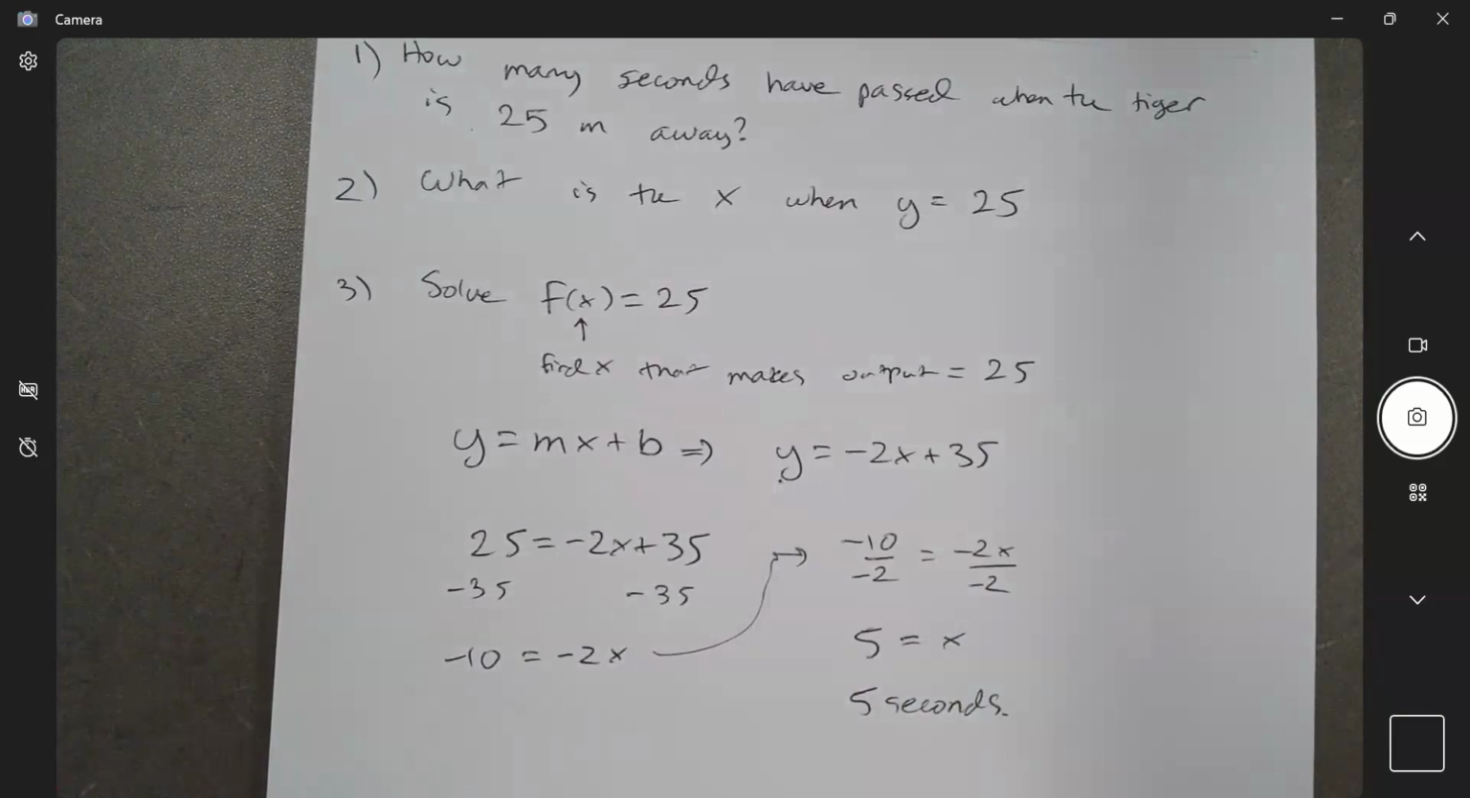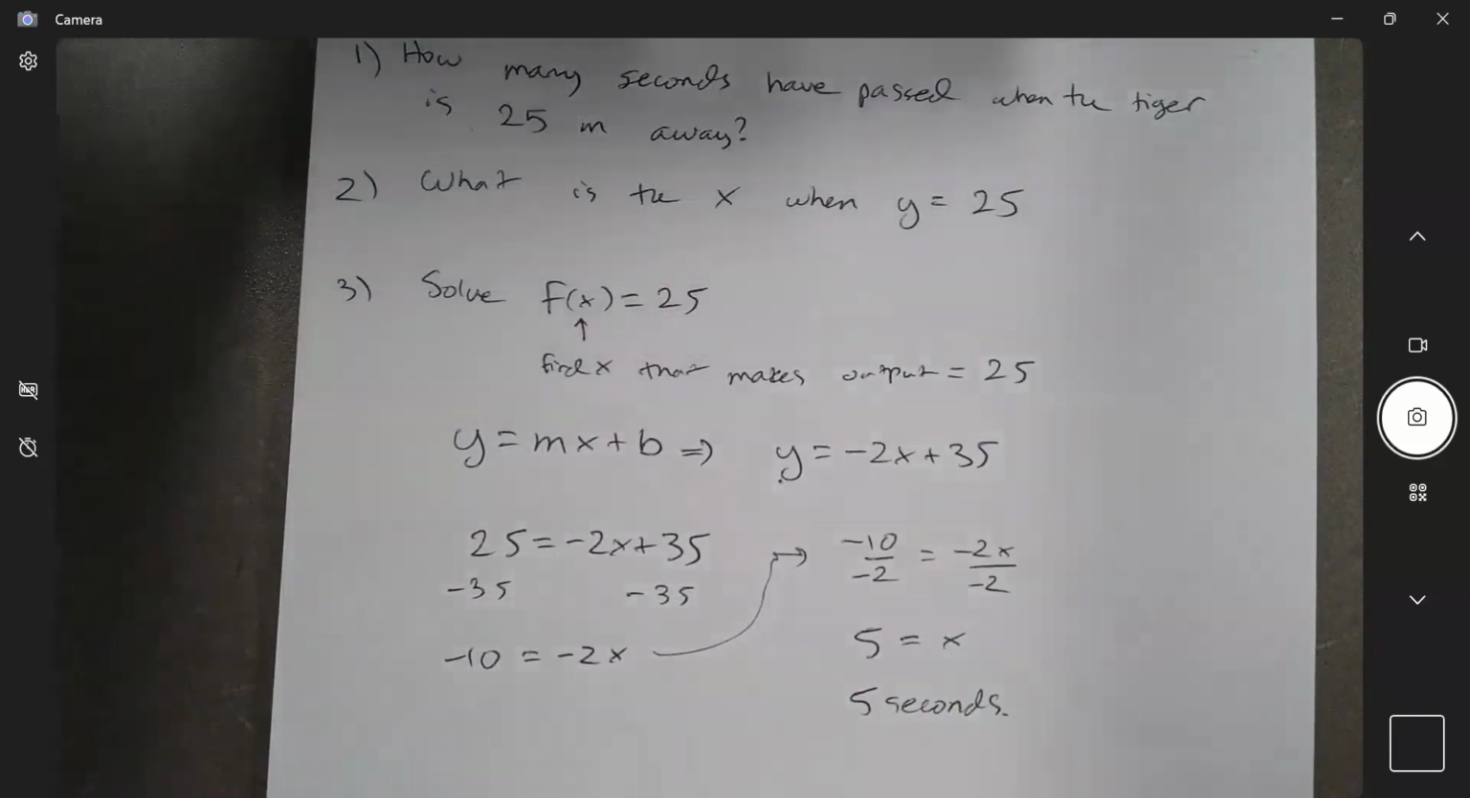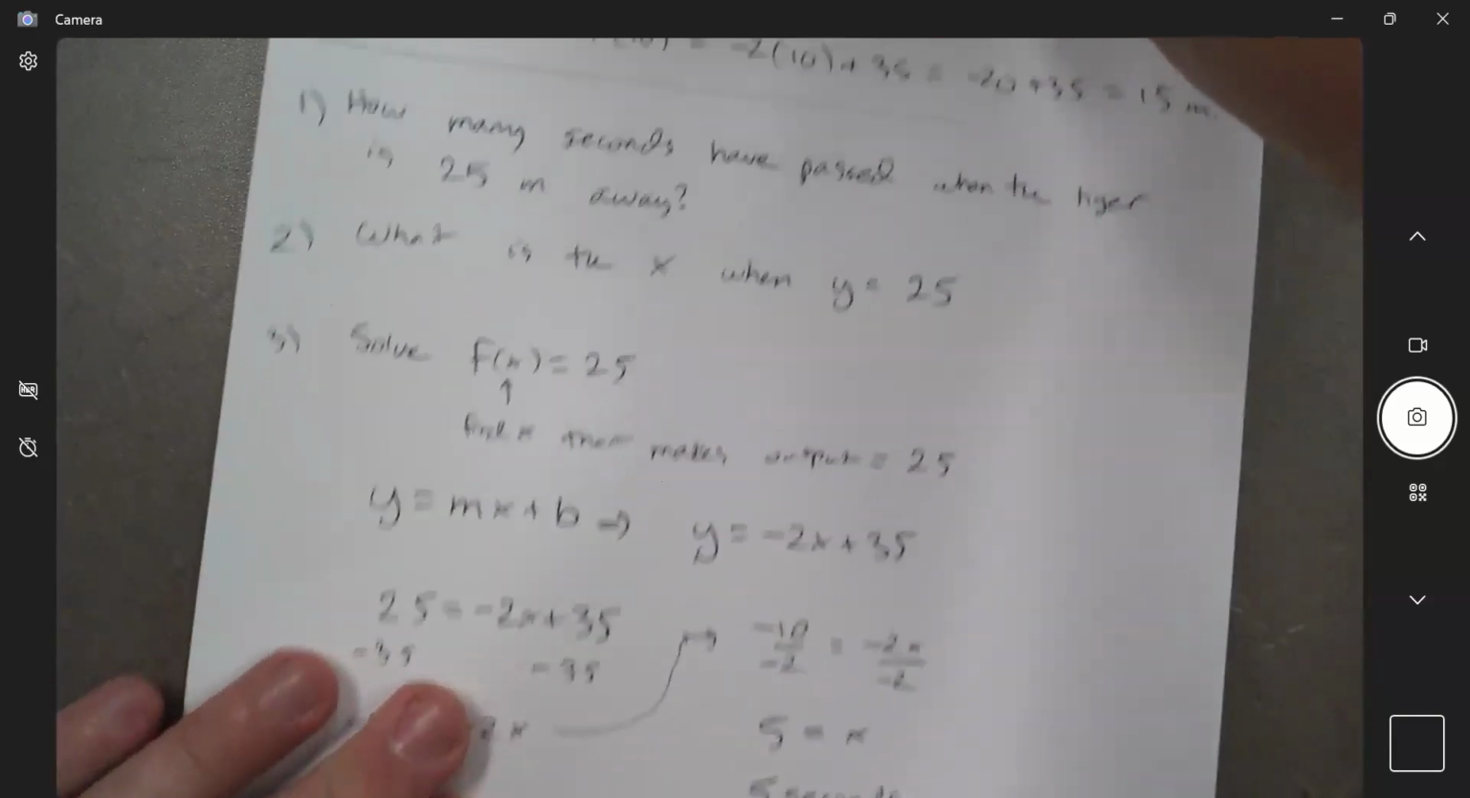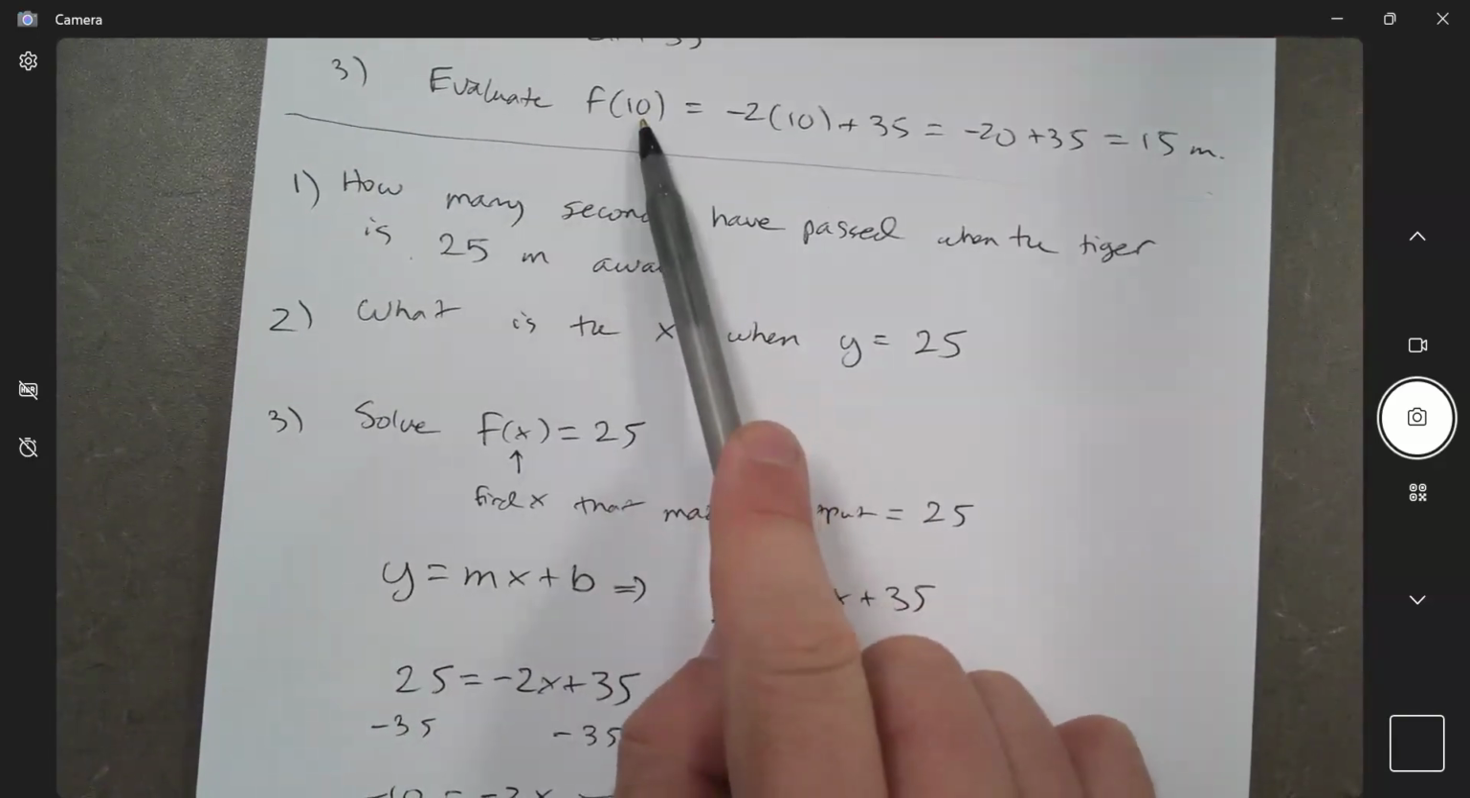So one thing you have to keep clear is the difference between evaluating a function at a certain input